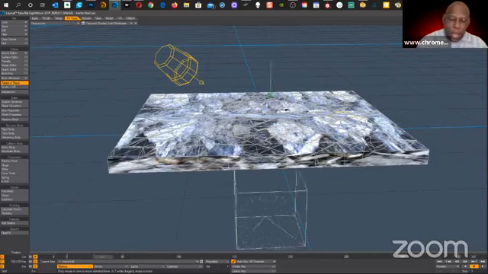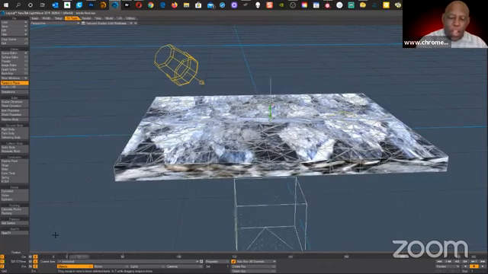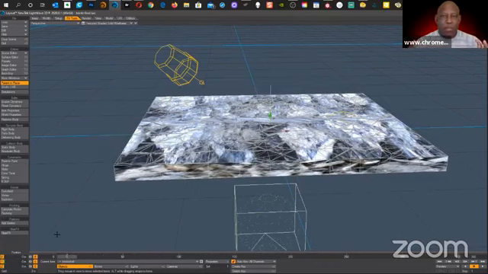So I told Lightwave that when it hits that object, I want you to break it up into pieces. That object is going to be your collision object. The bricks is going to be your parts object. And then when that ball hits it, it's going to fly up into a million different pieces, flying up into the air, right? So let's turn on the dynamics and let's play it.